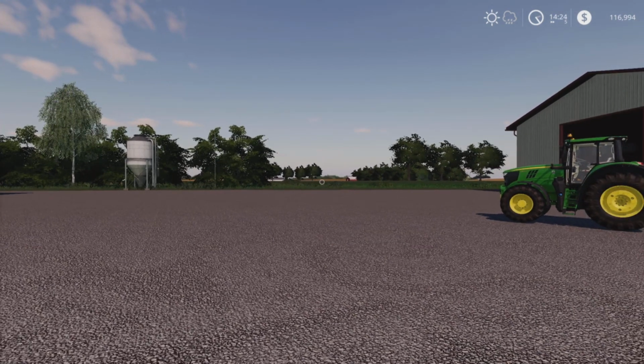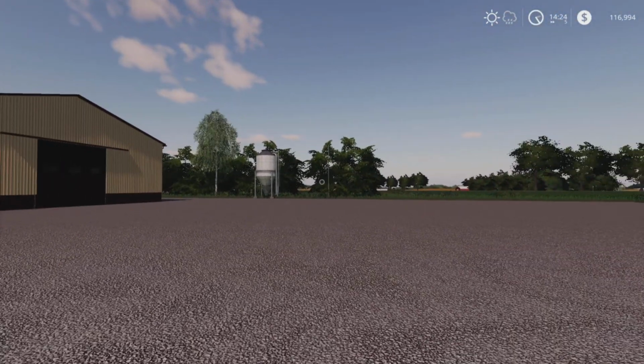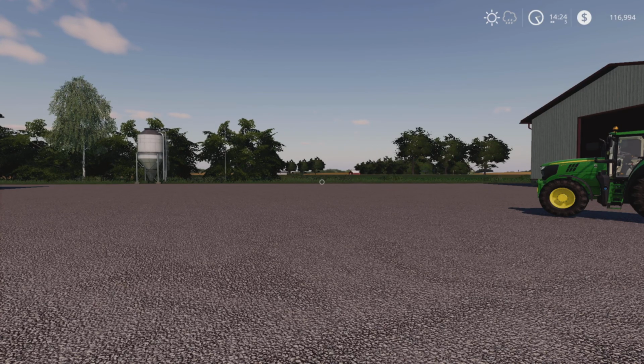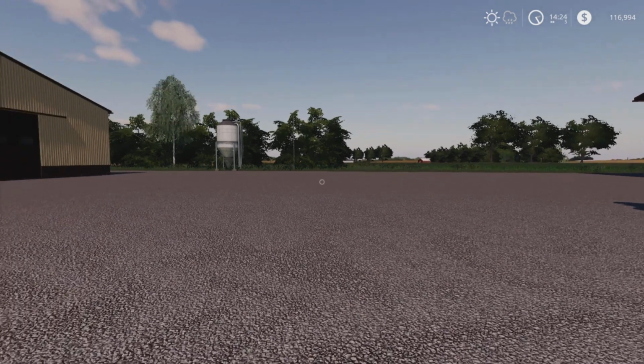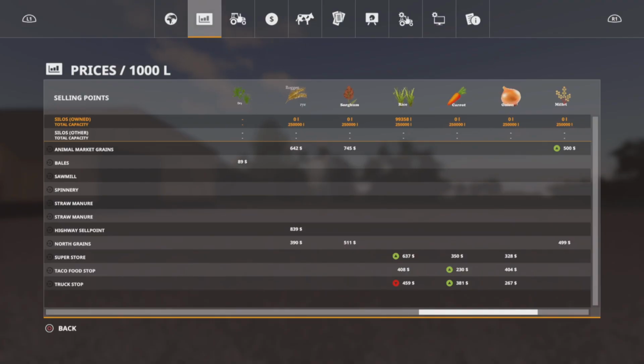Welcome back everybody. Still a lovely day here on our farm, although we have got rain coming by the look of it. A little bit further into the day than last episode, but it's still the same in-game day. So let's check on the prices. As you can see, rice there, look, it's still going up,